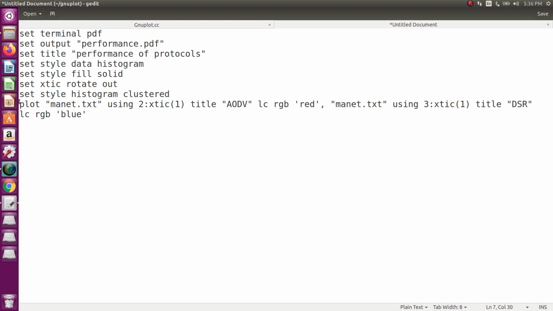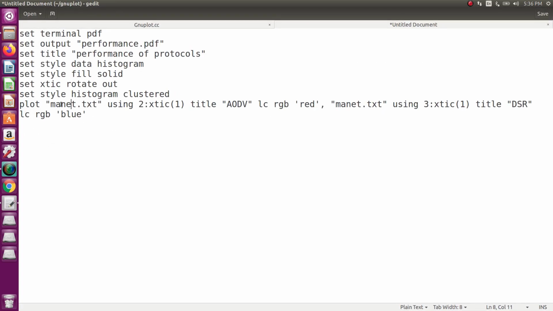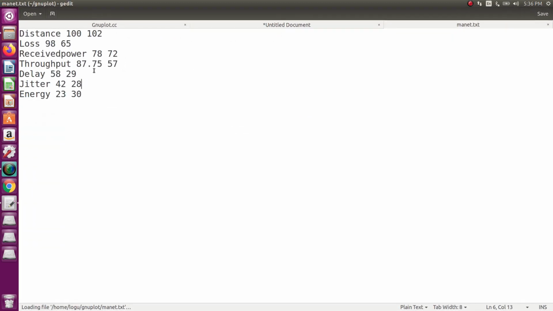The next one is plot. What is the file I want to use? manet.txt, using two columns. I want to open that file manet.